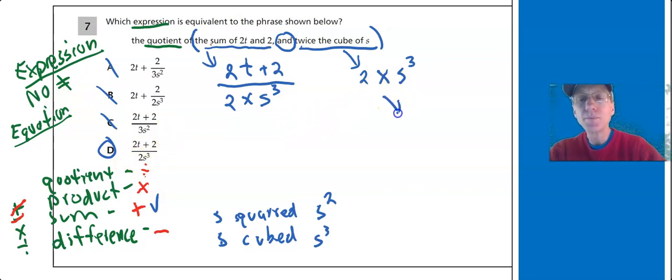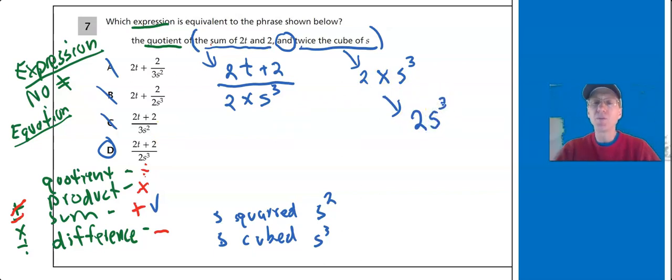So you can also write this, because the whole idea is to make this code as easy as possible, and we don't want to waste any time. So what mathematicians realized is I don't need a multiplication sign. If I put that number right next to that s, that means 2 times s. Okay, so there, just saving some time. All right, let's go check out the next one here.